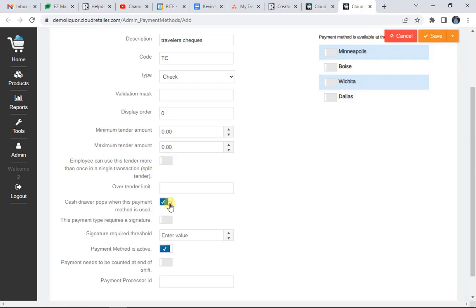If the cash drawer is going to open, which it would for a traveler's check, unless you have those little drop slots in your cash drawer where they can just slip the check in. However, if there's going to be change or cash back on it, then you'll still need to have the drawer pop open. If a signature is required,